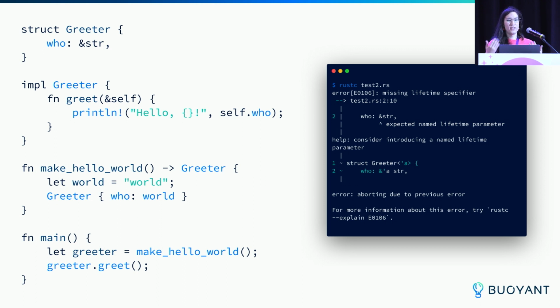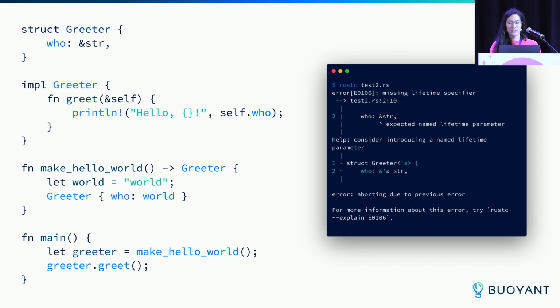And it's telling us here we need to annotate this code to talk about those lifetimes, to say, hey, this is a reference, but it's not just any reference, it's a reference that's going to live from here to here. And if you try to access it outside that valid lifetime, that's not going to work. The other cool thing here is that not only does the compiler tell us that there's an error, but it also gives us a suggestion about how to fix it.